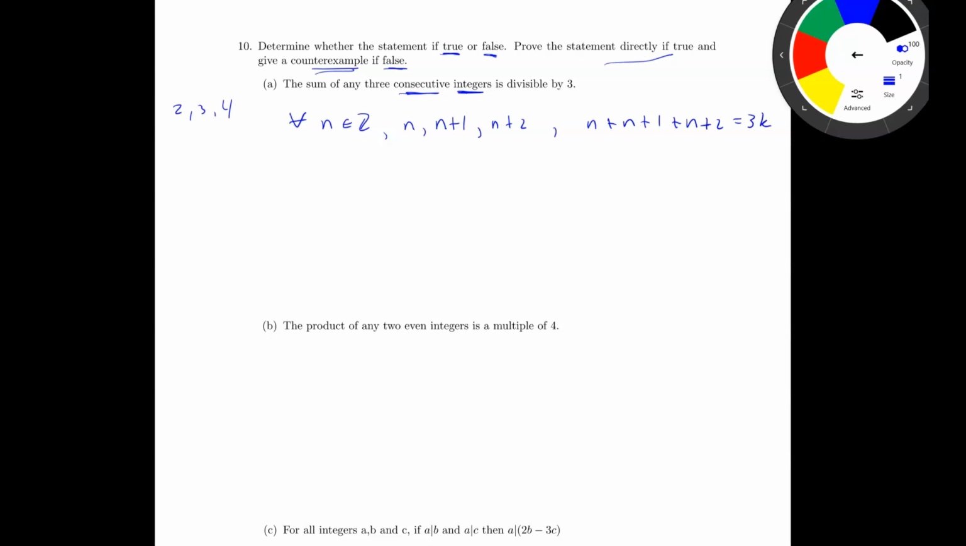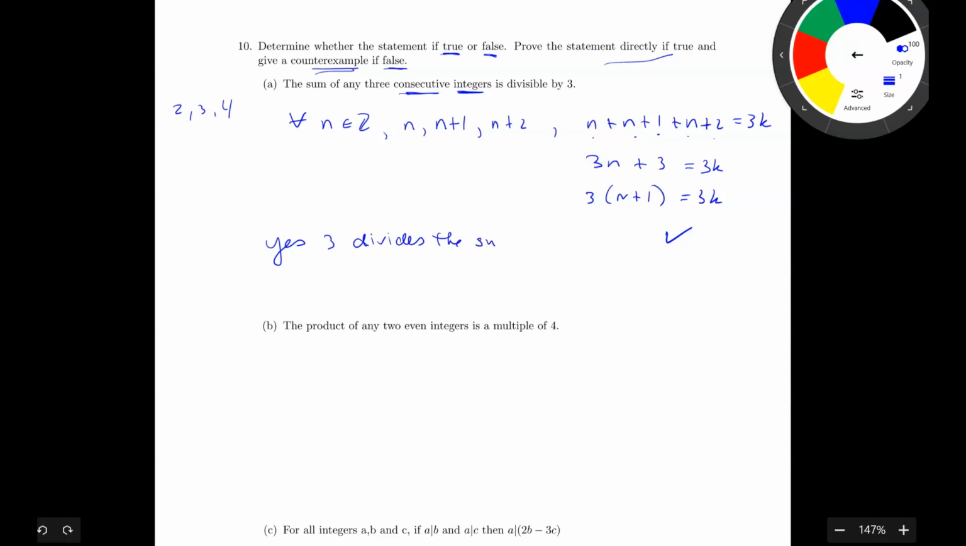Does that work? Let's check it out. If I add these, I get 3n plus 3. Does that equal 3k? It sure does. I have 3 times n plus 1 is equal to 3k. Yes, so 3 divides the sum. I'll just write it out in words. So yes, 3 divides